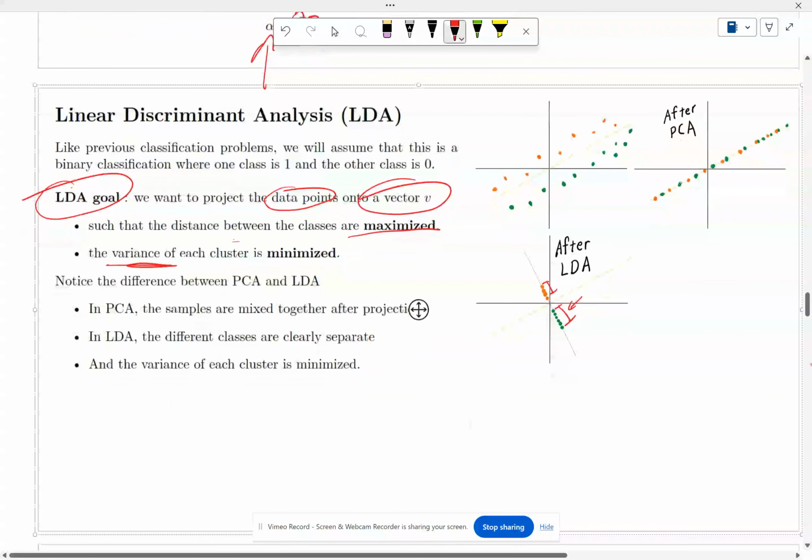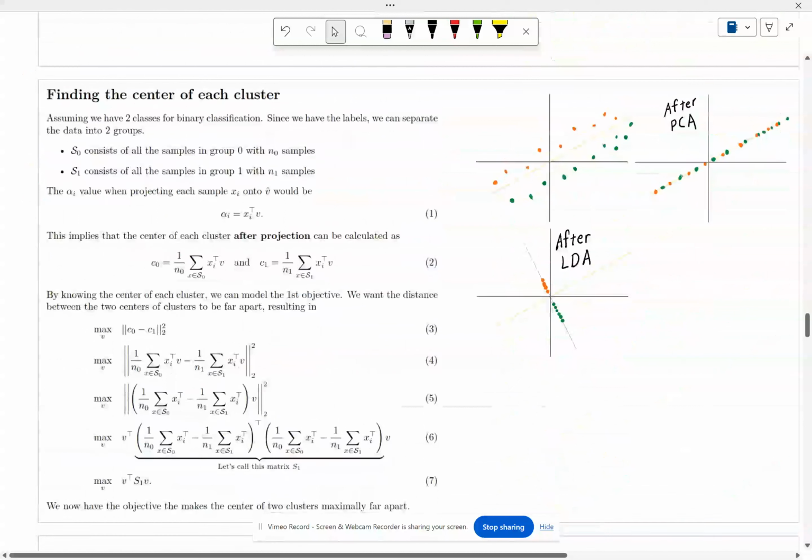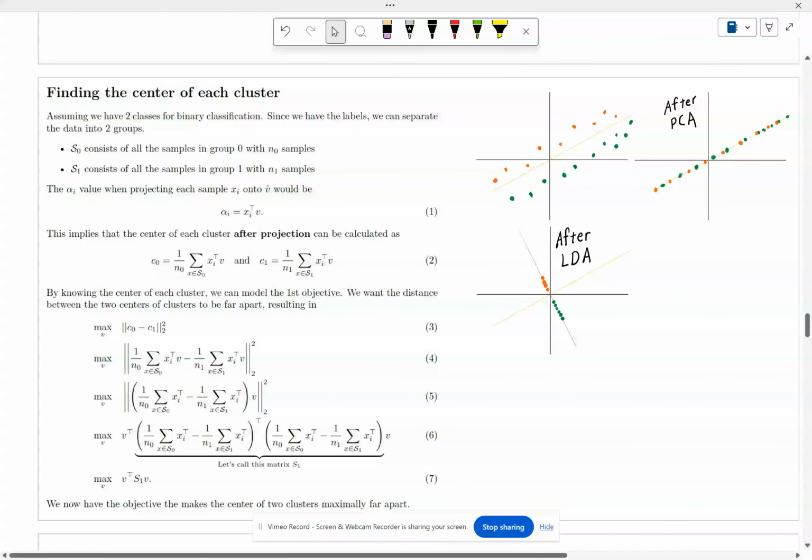And that is the difference between PCA and LDA. Okay? After PCA, you end up looking like this, which will make your life very difficult to perform classification. After LDA, it's pretty easy. Notice that the distance is pushed apart and the variation within the same class is minimized. All right, so the first objective is we want to move the center of two classes as far apart as possible. Okay, I'm going to first define S0